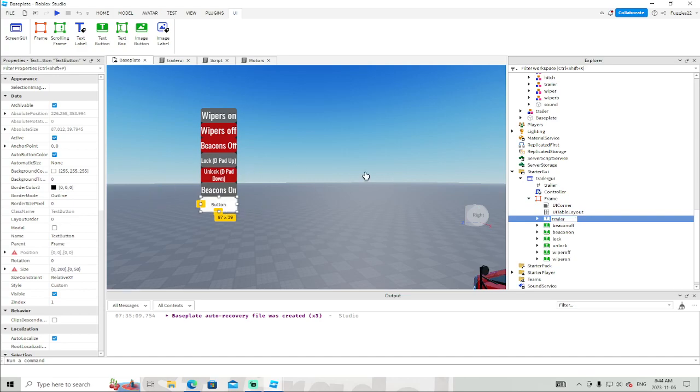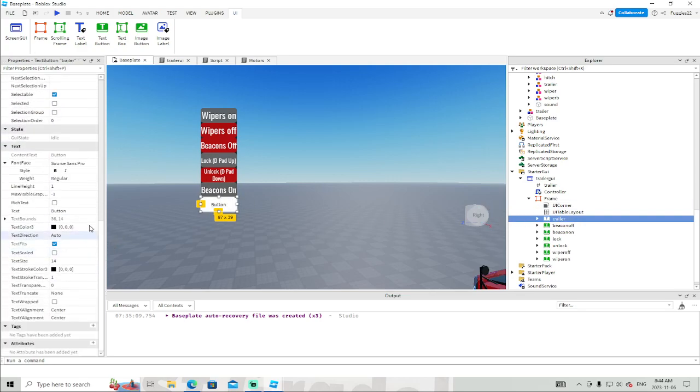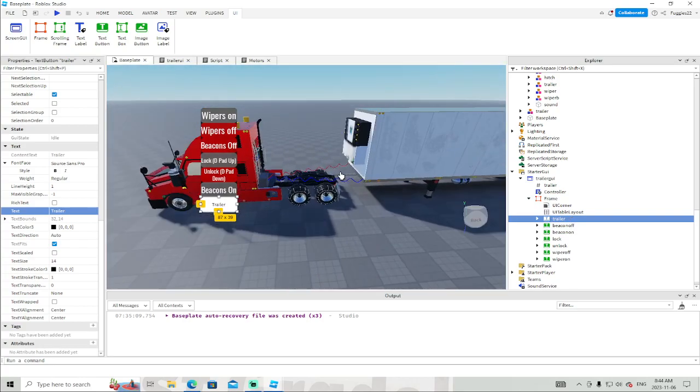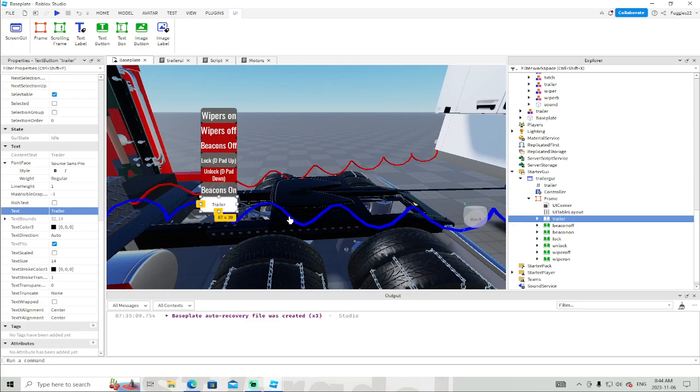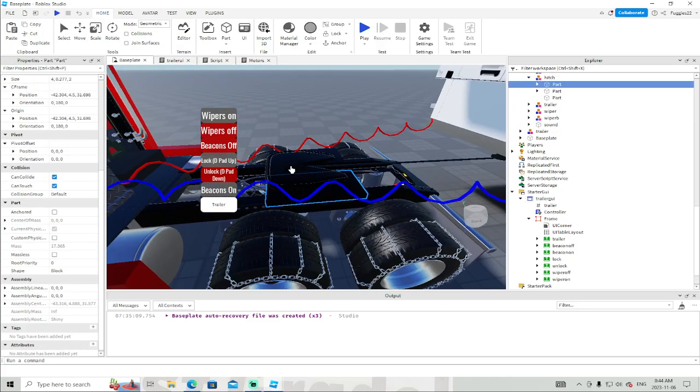If you're wondering how to make the UI and how to get it, if you go through my previous videos, I explain that in great detail, how to make it function and how to make it work. So we're going to rename this to trailer. Now what we want is for this button to become visible when this part here